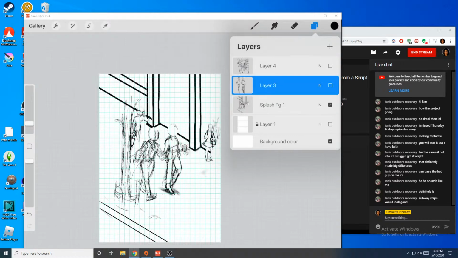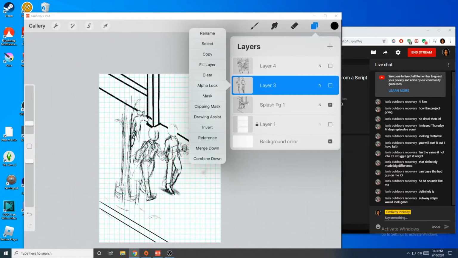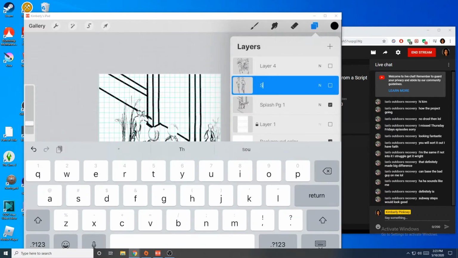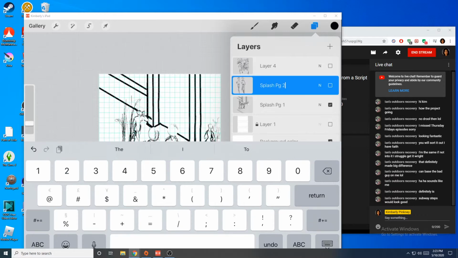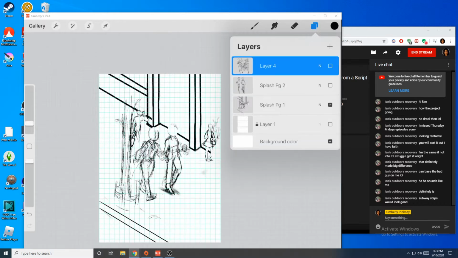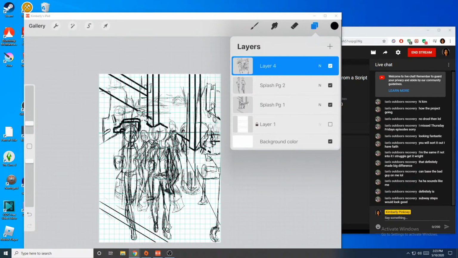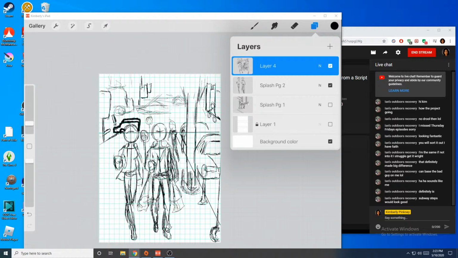But anyway, rename. Okay, so I got those. Oh, gotta turn these on. Keep it nice and busy. Okay, so,